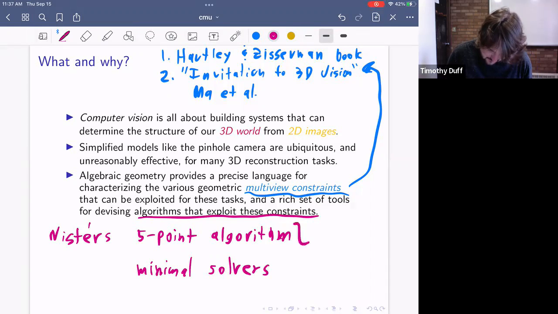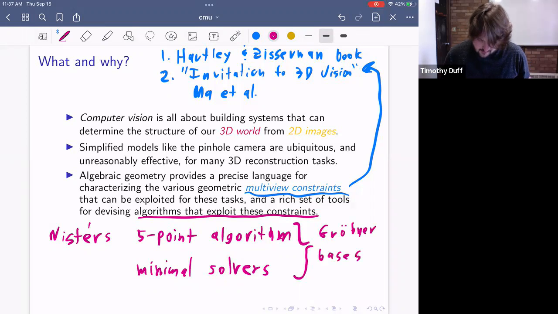And the 5-point algorithm is really a special case of this minimal solver world. And they both rely on Groebner basis computations, which is perhaps a little bit surprising if you know anything about Groebner bases, because they have such high computational complexity in a general setting. But for very specific problems,